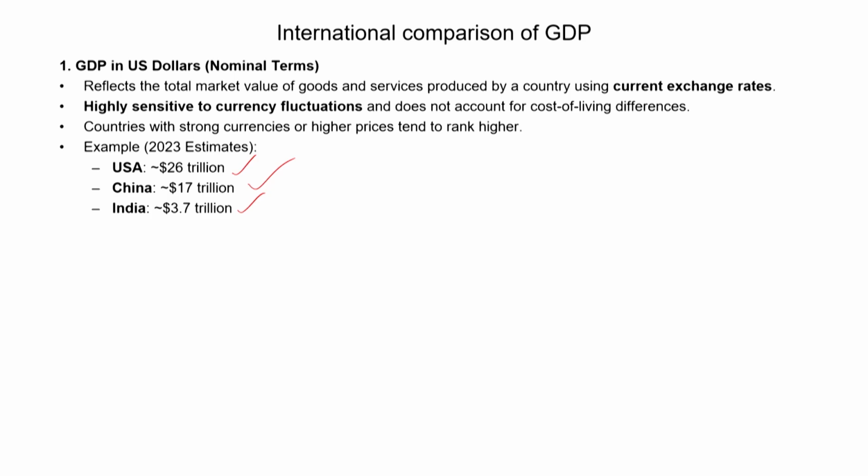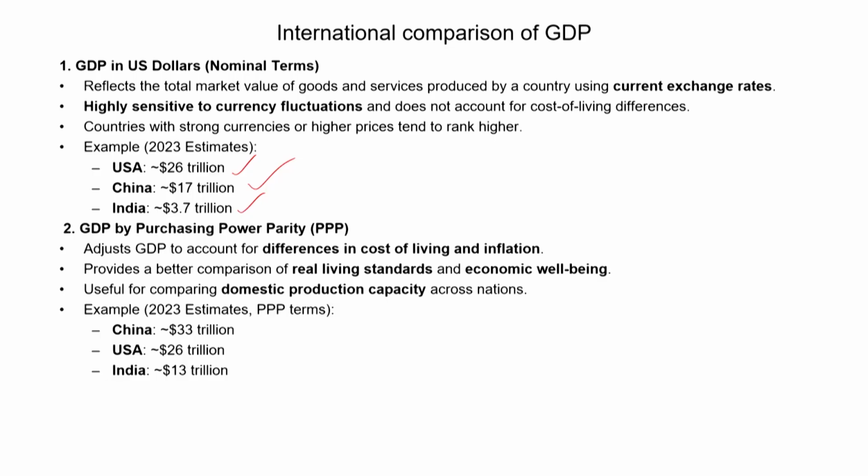And then the issue here is that it doesn't reflect the purchasing power, because the cost of buying goods and services is not the same in the USA, China or India. Some goods and services are much cheaper in India or China. For the same goods and services, you may need to pay a high price in the USA. For example, labor charges are very high in the US, but in China, or at least in India, they are not that high. So we need a GDP that reflects the purchasing power.